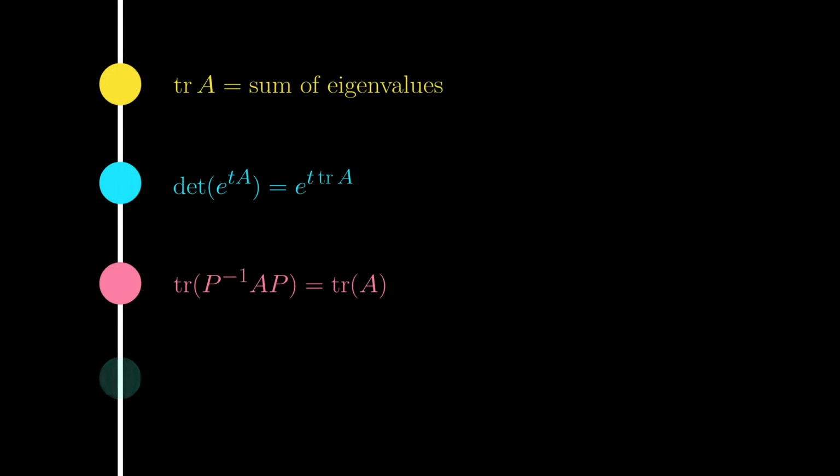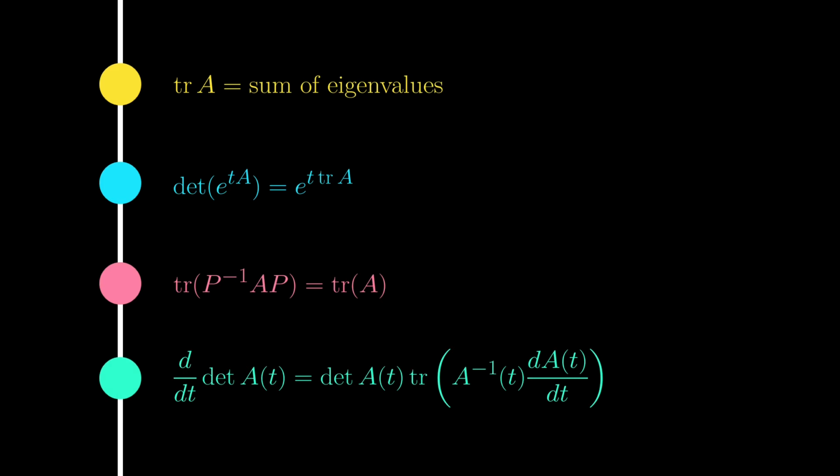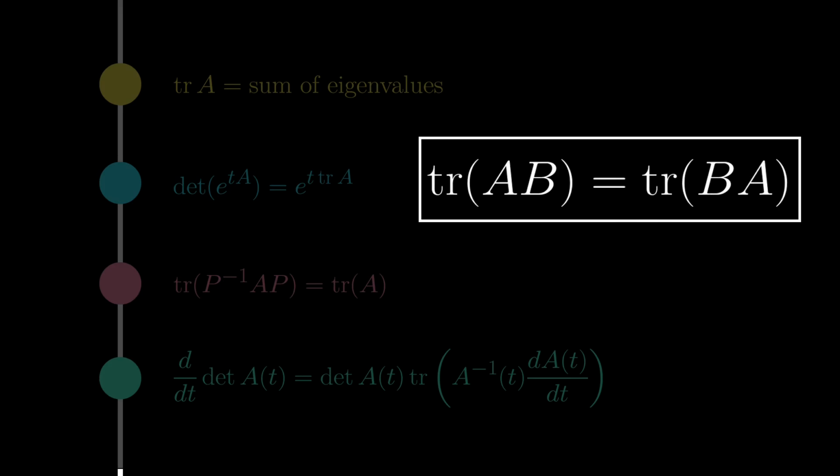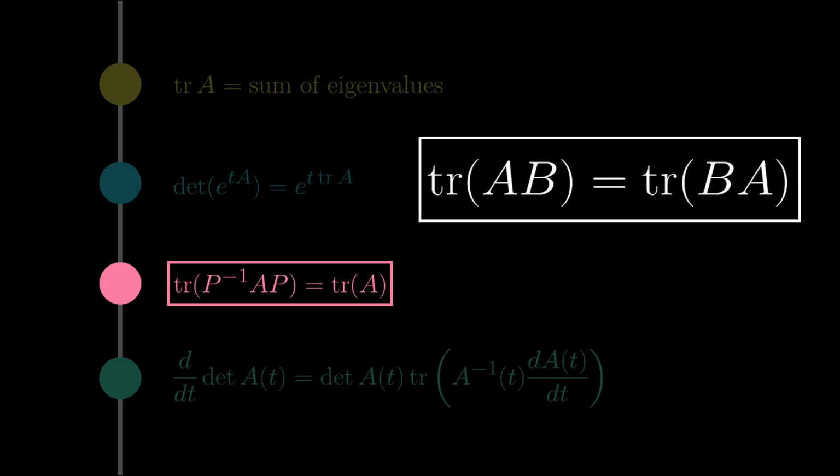There is one particular property that I'm saving for the end of the video series, which is trace AB equals trace BA. However, in the majority of cases where one of A or B is invertible, we can derive it using one of the other properties. But in any case, let's start the visualization.